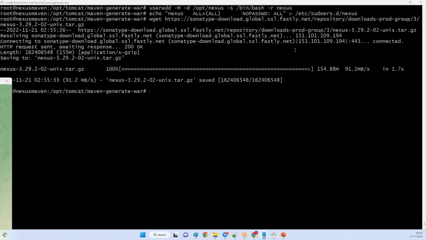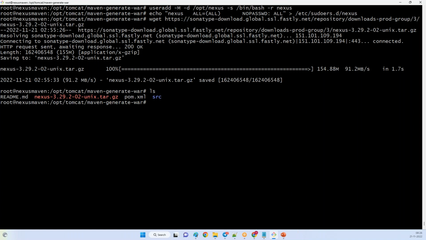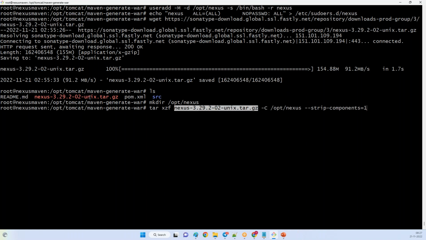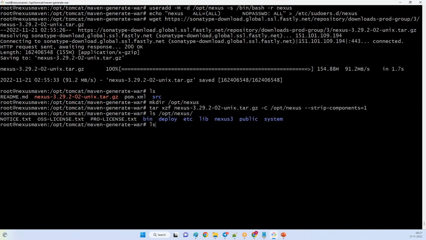Okay. So the Nexus is downloaded. If you see, yes, here you can see it is downloaded, and create one folder under /opt. So we'll create it every time. /opt is for optional. I created the nexus folder, and now I want to extract this file to the /opt location. Let me extract. Now it is extracted. If you do cd /opt/nexus, all the files are extracted, right?